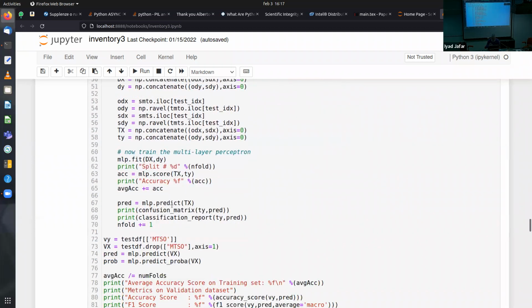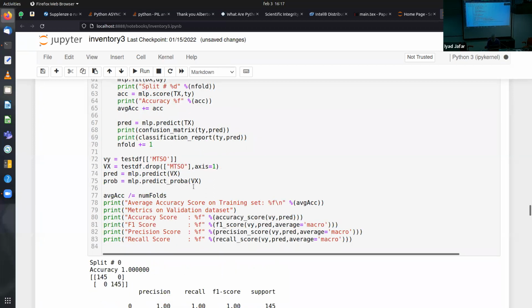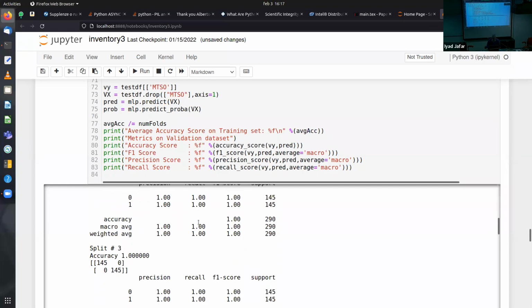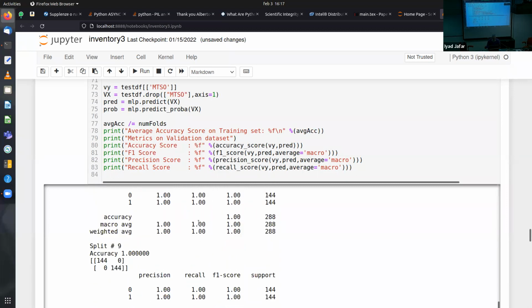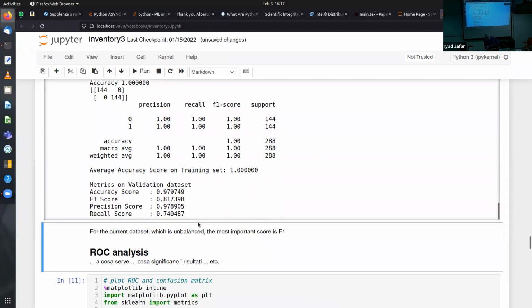You see here just a training with this. Okay, now I'm performing the training. You see this is running, and for each of them we have intermediate values of precision, recall, F1, all the scores. And you see that when we get to the end, our average accuracy is 97.9%, which is pretty good